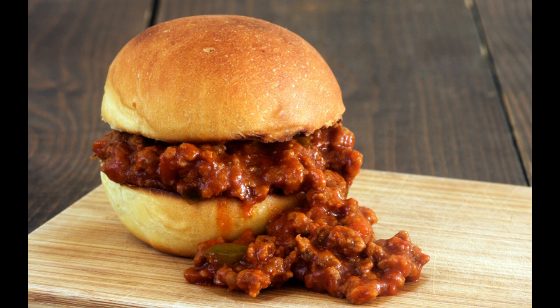Here's what you're going to need if you decide to make Sloppy Joes at home. Ground beef, an onion that you're going to chop up, a green bell pepper that you're also going to chop up, 2 cloves of garlic that you're going to mince. What's the difference between mincing and chopping? Well, mincing is chopping, only smaller. Ha! You're going to need 1 can of crushed tomatoes, half a cup of ketchup, 2 tablespoons of brown sugar,